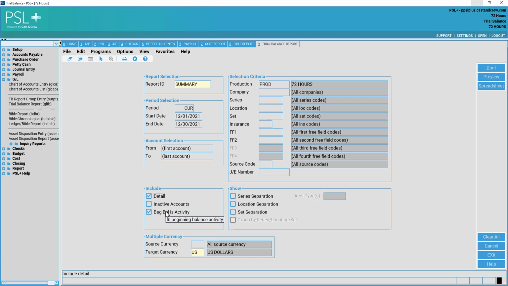I'll include detail on this one. And you can put your beginning balance as activity, and then you have your separation as we saw in previous screens, previous reports. Show separation for series, location, and set. And then we also have source currency as well as target currency for running in the correct currency that we'd like. On the right, you have the option to print, preview, or generate a spreadsheet. In this case, I'm going to do a preview